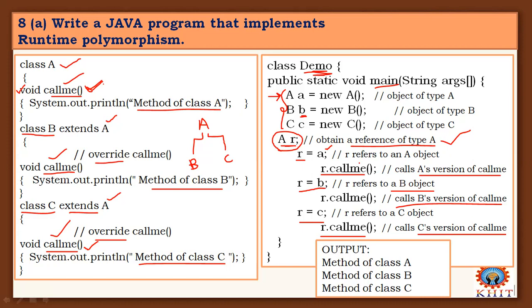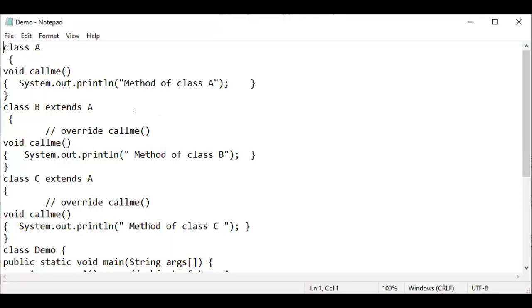It is simply called the overloading concept. And we already discussed everything in the theory classes, and practically we are achieving this runtime polymorphism using this example program. Coming to the execution part, to get this output displaying all the methods A, B, C, go to the program file demo. Remember that the class name is demo here.